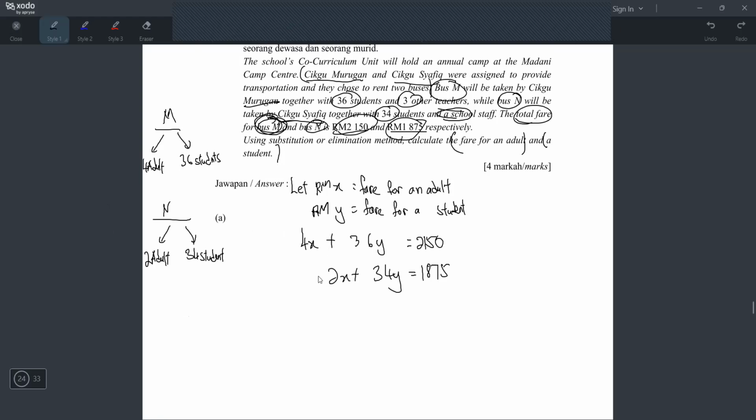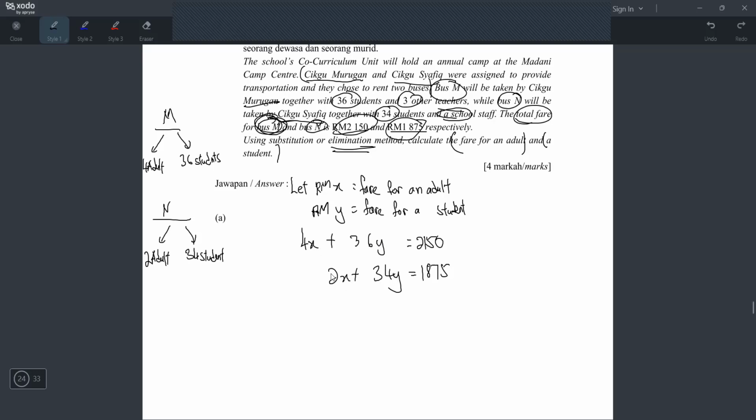So how you use substitution elimination? Okay, first I will tell you what I will do. I will use elimination. I will use penghapusan cara, because I can see my kedudukan sama di X, Y number. And also when you use penghapusan punya cara, you have to make sure perkali X sama ataupun perkali Y sama. Dia boleh mana-mana sama. Dia tak semestinya X sama or Y sama. Dia boleh samakan perkali X ataupun Y perkali sama pun tak apa.